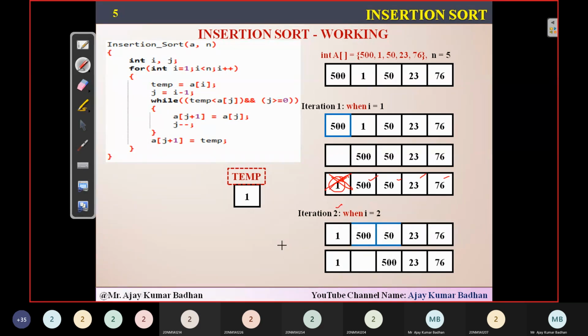When the iteration is equal to 2, in the next case the i value becomes 2 here. i is getting incremented now. 2 is less than, how many elements we have? 5. 2 is less than 5. Condition satisfied. Again, you are entering into this particular loop.